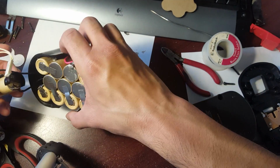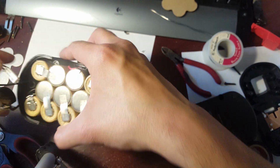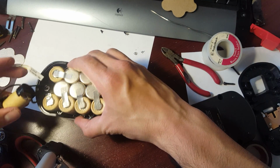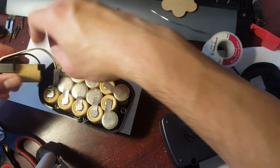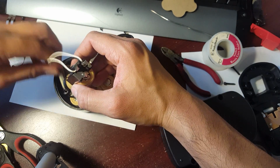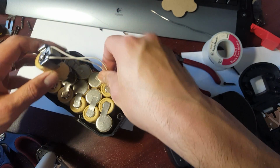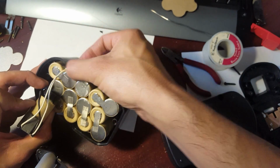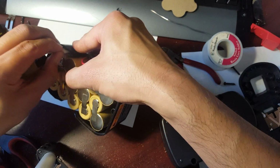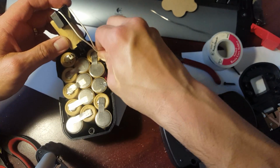And this heat sink, all I'm doing is sticking it right over, where should I put it? Maybe here. There you go. Or, you know what? That's what I'm going to do. I'm going to just put it right here, and stick a cardboard there or something, or better yet, let's see if I can have room right here. Yeah, maybe I have room here. Actually pretty small. There we go. Just put it right there. I mean, it might be pushing up against it a little bit, but as long as it's